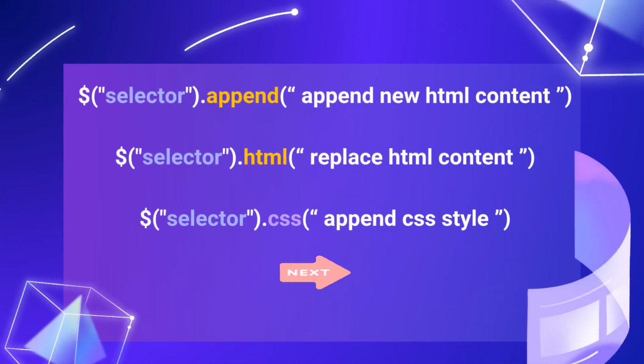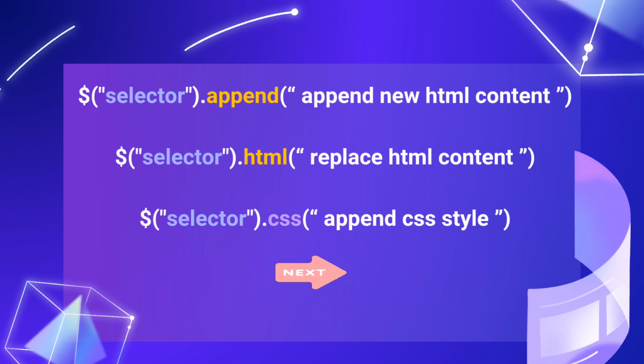I didn't teach you about these three commands in jQuery yet, but I used them in our example to get you familiar with them for the next chapter. The append command is for appending new HTML content into our selector, which can be an ID or class or others. In this example,